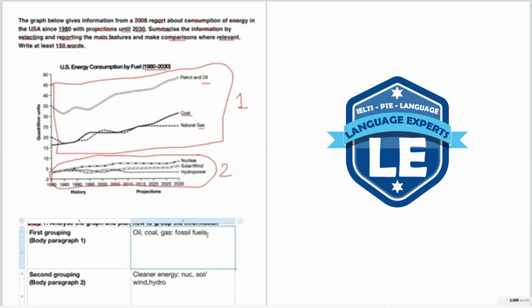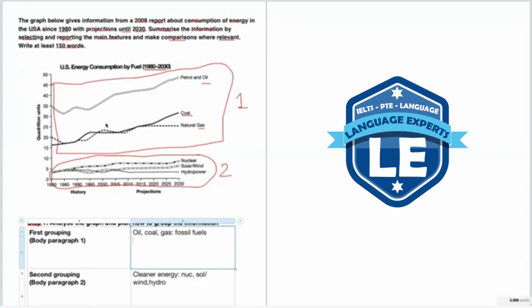And now I'm just going to make some notes so that I am prepared for my essay. And I want to know what I'm going to write because I have to report on the main features and make relevant comparisons. So looking at petrol, oil, coal, and natural gas first, I want to look at what has been going on since 1980. And in general, for all of them, it looks like they have seen steady increases in energy consumption. There are a couple of dips right off the bat, but you see for the most part that they have